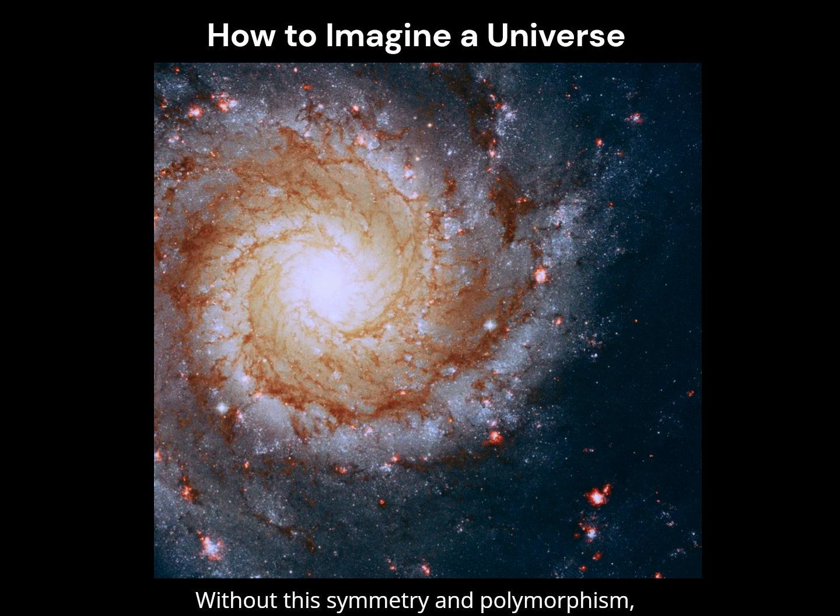Without this symmetry and polymorphism, the dynamic interplay of forces necessary to sustain existence, from stars to galaxies, would not be possible. 3. Manifolds as building blocks. RG introduces the concept of manifolds to describe the cosmos. Bodies, whether particles, planets, stars, or galaxies, share inherent properties but are shaped by their relationships within a given context. For example, a star's immense energy radiates light, while the planets, as manifolds of energy and matter, absorb and reflect this energy. The universe's structure is cumulative, with manifolds interacting across scales, resulting in emergent phenomena like orbits, fields, and